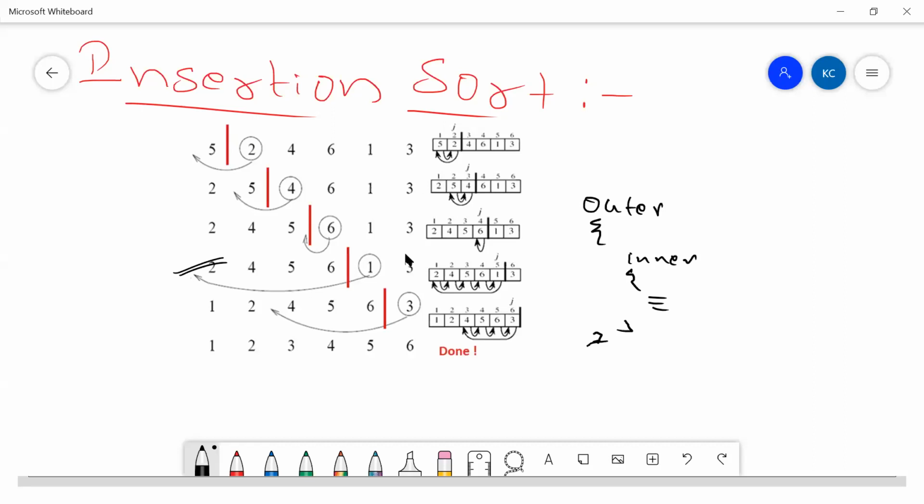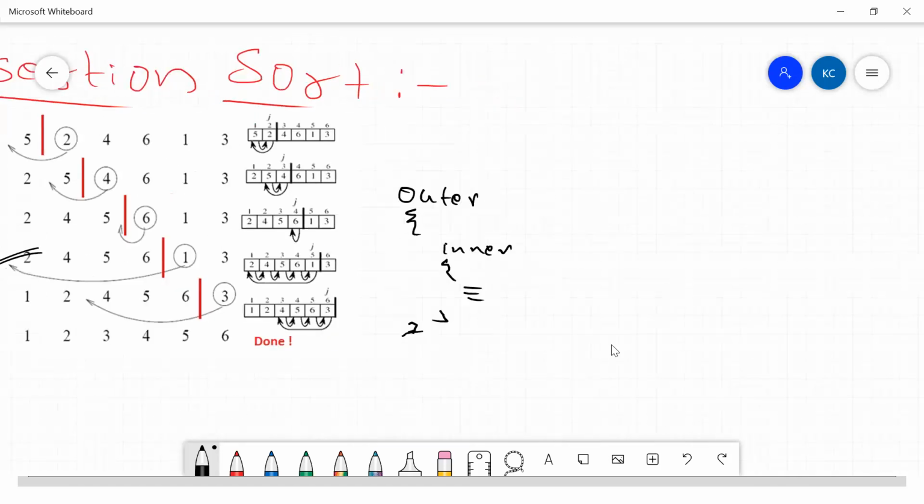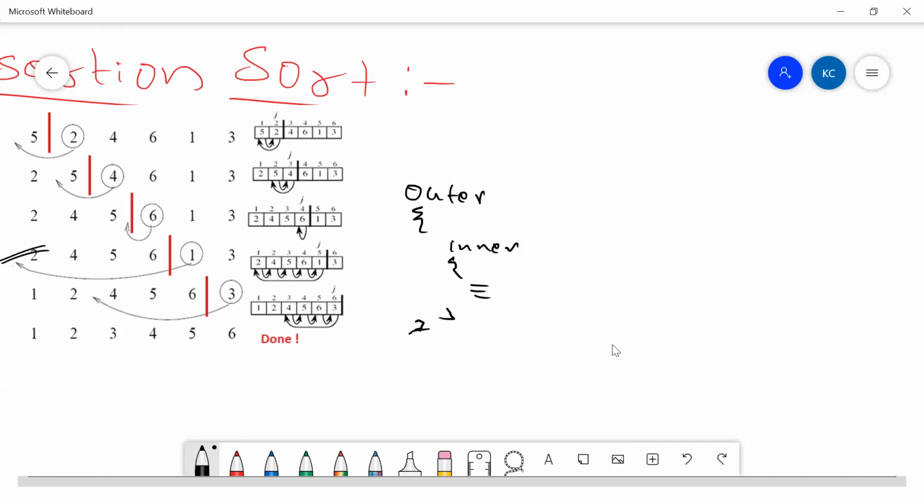I have told you there is a small, simple example. If I need to write these comparisons into code, how do we need to code this one? It's very simple, guys. As I told you, we would only be playing around with for loops. Let's see how we can formalize this and write it all into code.